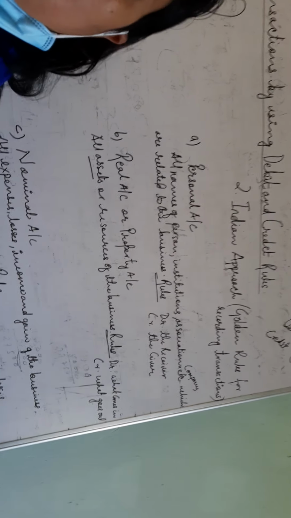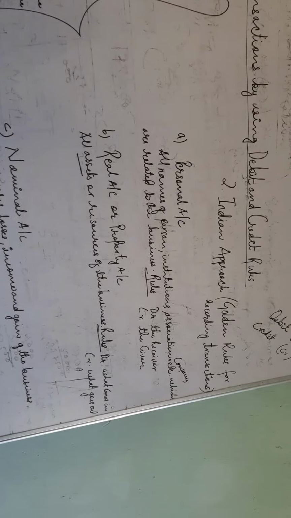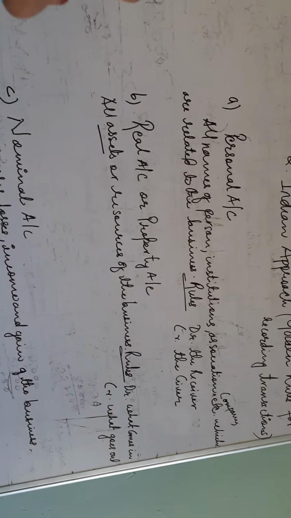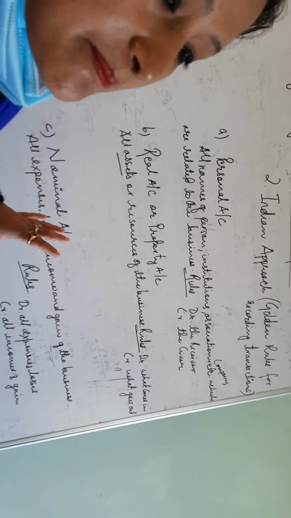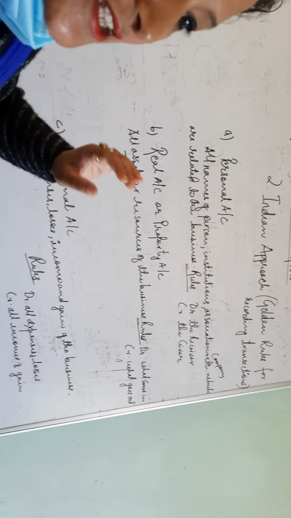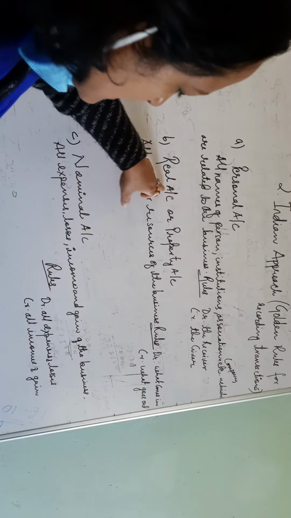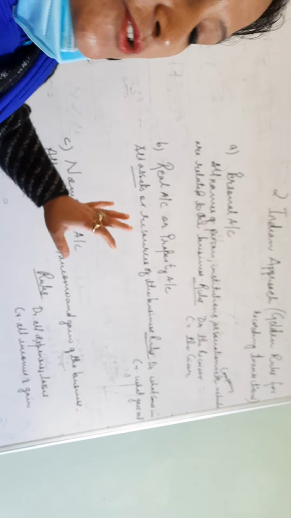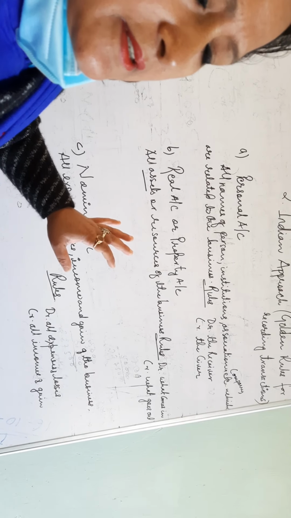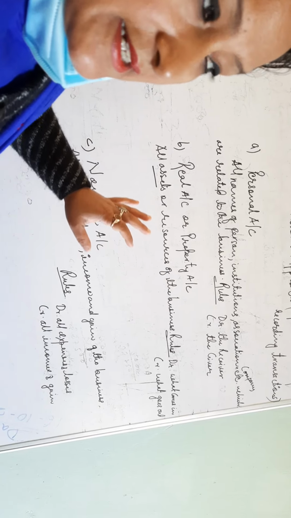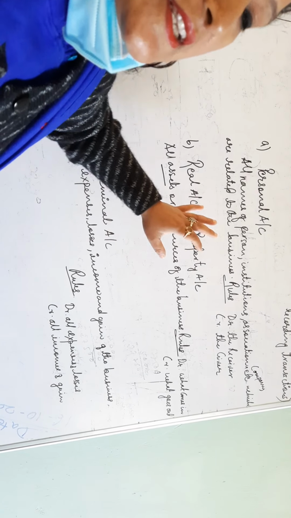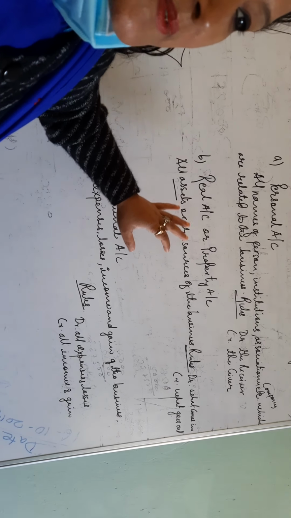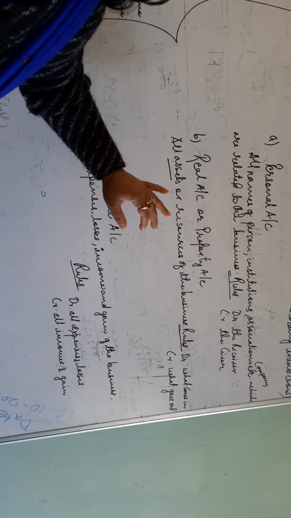See, whatever transaction, the business transaction, any incident that takes place in the business, that transaction has to be categorized into 3 parts. You have to identify whether the transaction is based on personal or real or nominal. If it is personal, okay, if you find the name of the institution, the name of the company, the name of the giver is given, understanding or not, in that transaction, then you should know the rule, that is debit the receiver, credit the giver. The first line should be the receiver and the second line should be the giver.